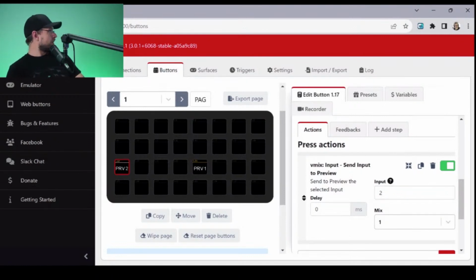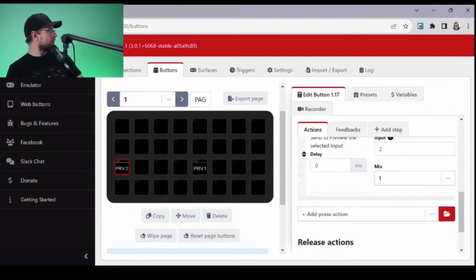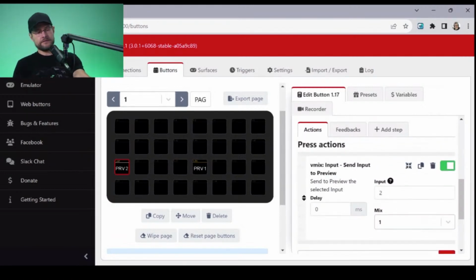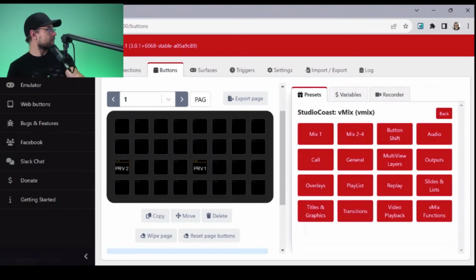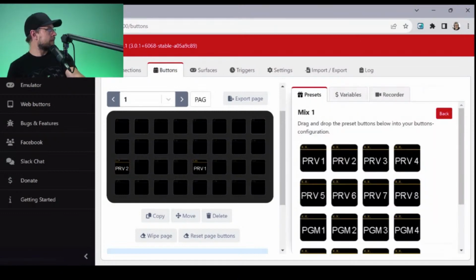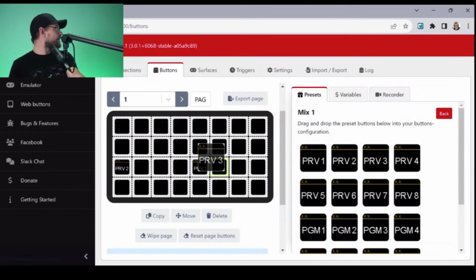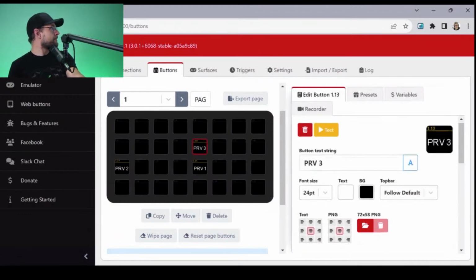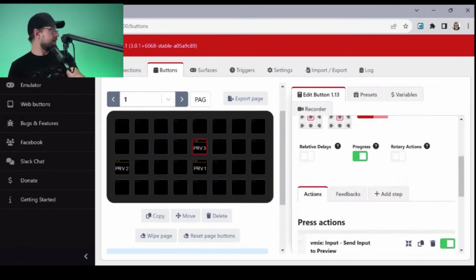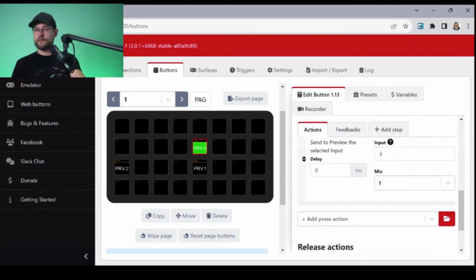I can confirm. Okay, that's great. Let's keep going. So 4, 8, 12. So 1.13 is going to be number 3, and that is this right here, and that is input 3. This should be working.